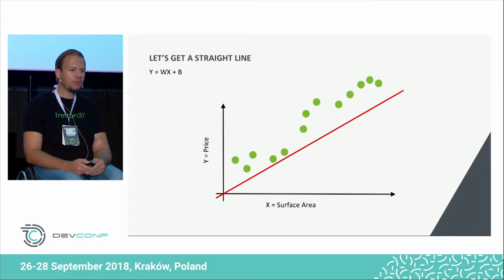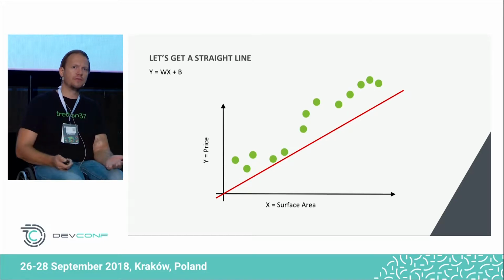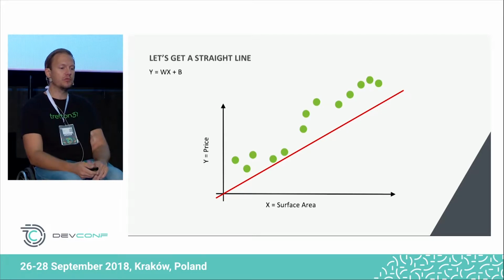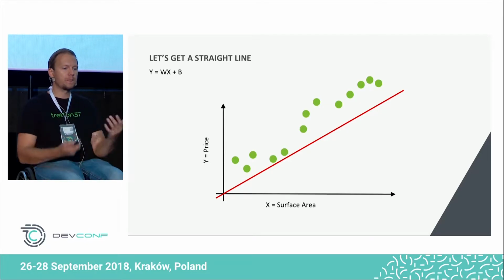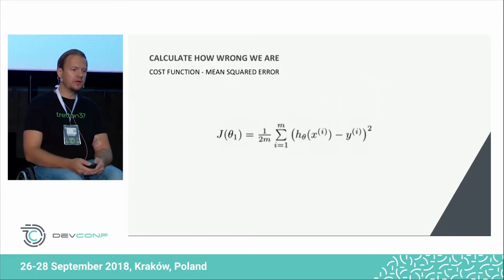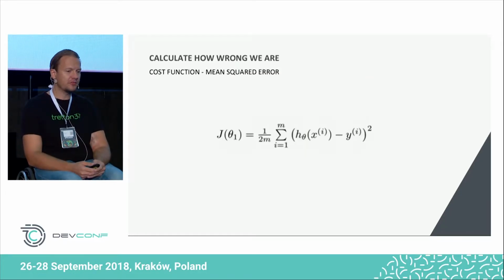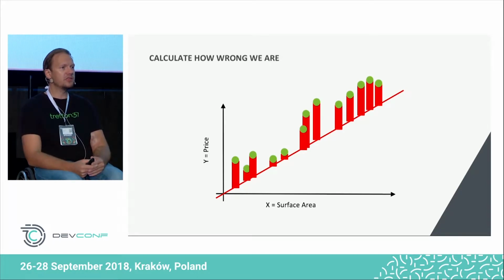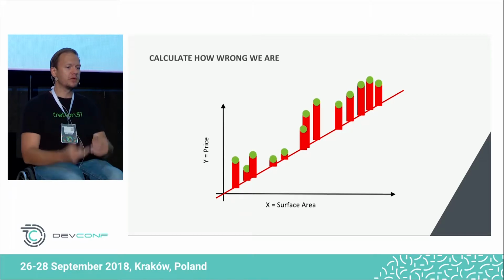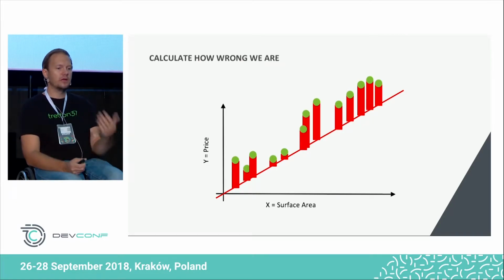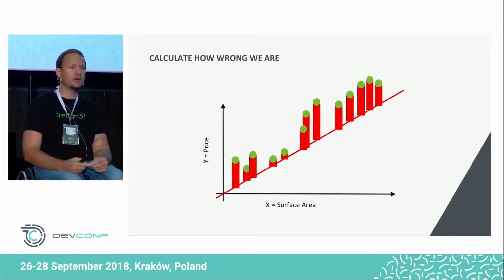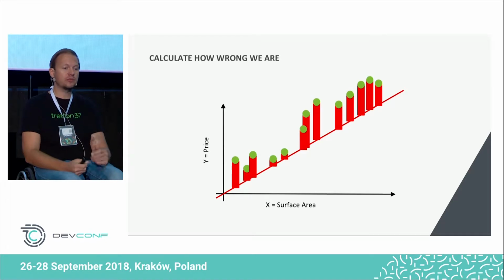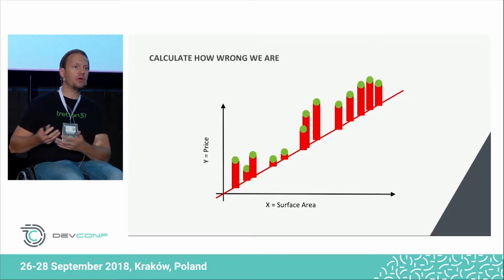And to fit the data, you first have to calculate how bad you are with the initial value. You start with just a straight line going through the middle of our Cartesian surface, and using a very simple cost function, calculate how bad we are. What this function does is basically take the distance of your current data points from the initial line we took and average that distance. This is called mean squared error, and gives us a measure of